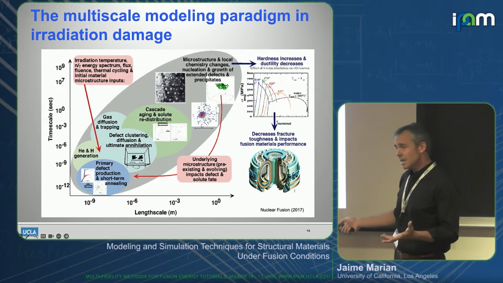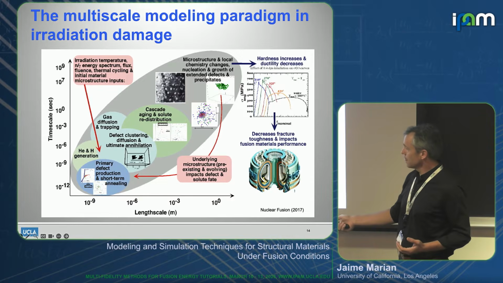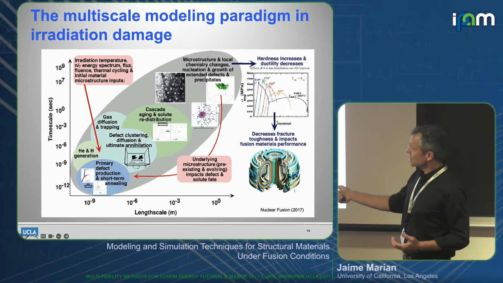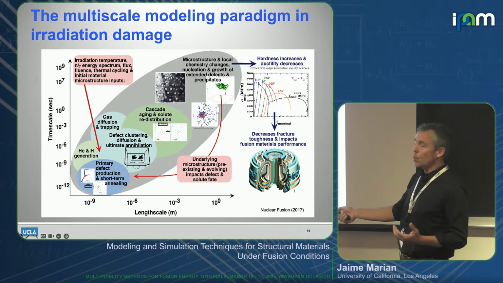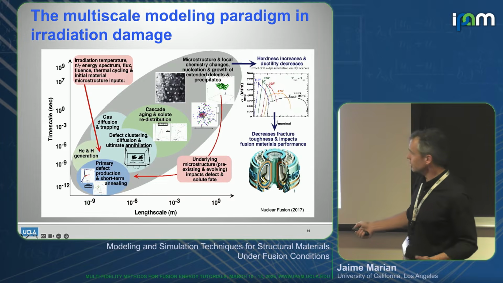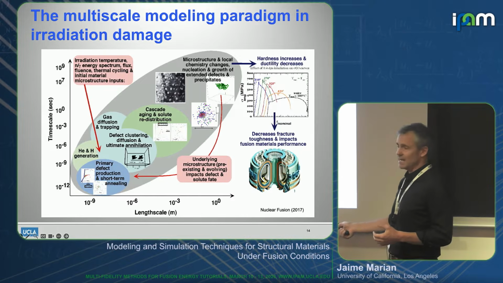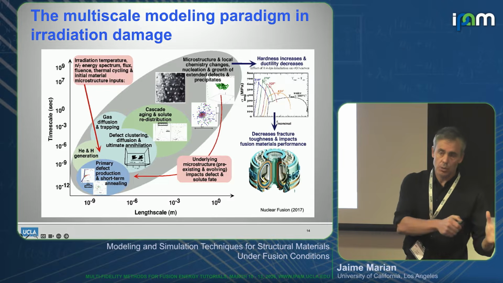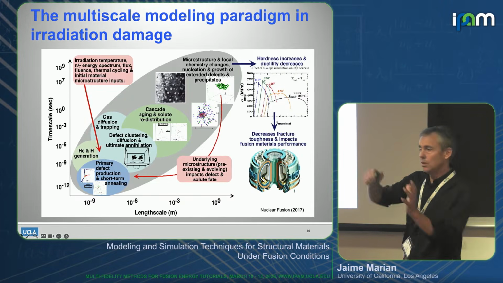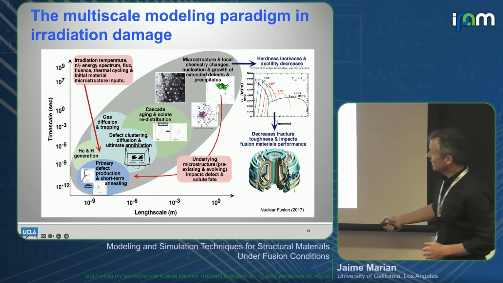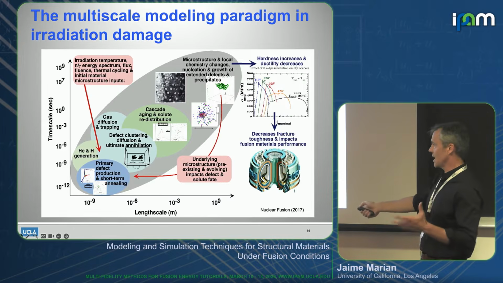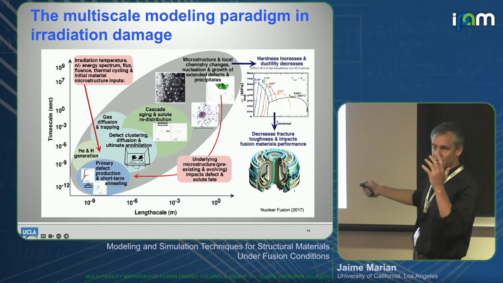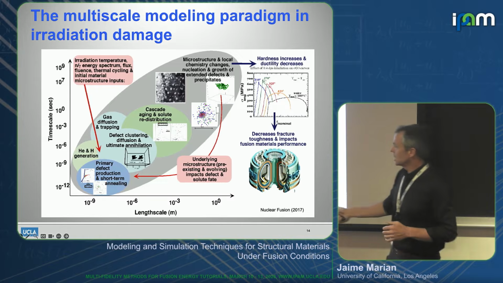So we're basically saying that we have to bridge approximately 20 orders of magnitude in time, and slightly less in length, to be able to project what happens at the atomic scale onto what happens at the engineering scale. That's an insane challenge. I mean, it's a grand challenge of incredible proportions, okay? Because